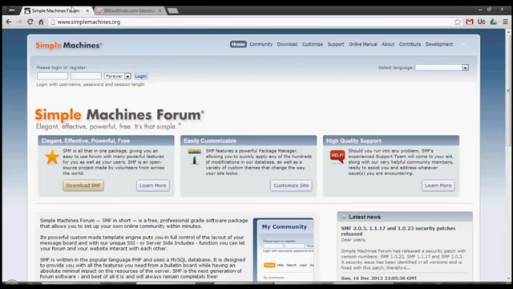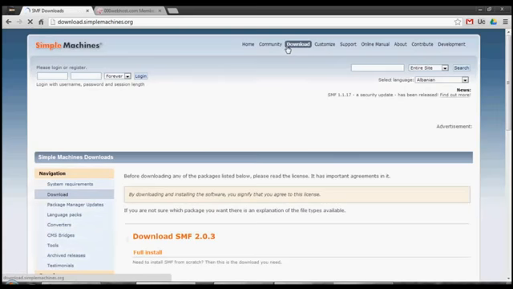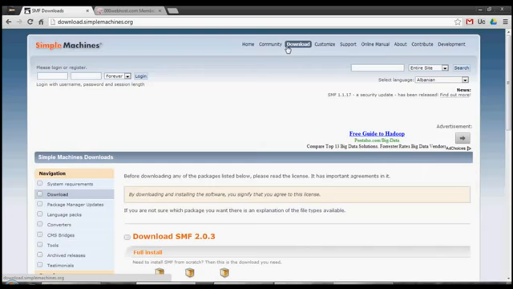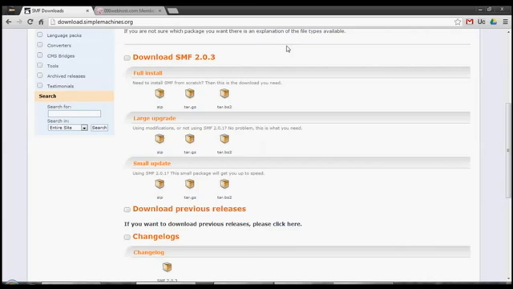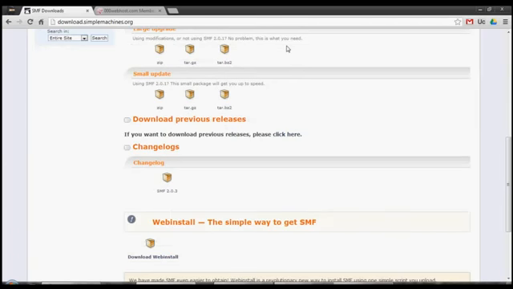Once you load up their website, you have the website telling you some information about it, with the name of the software saying elegant. We have community, download, customize, support, online manual, about, etc. We're going to go to download, which is actually download.simplemachines.org if you want to go straight to that, and it gives you a number of different options. We have a full install, large upgrade, depending on upgrade versions, the small updates, install previous versions,